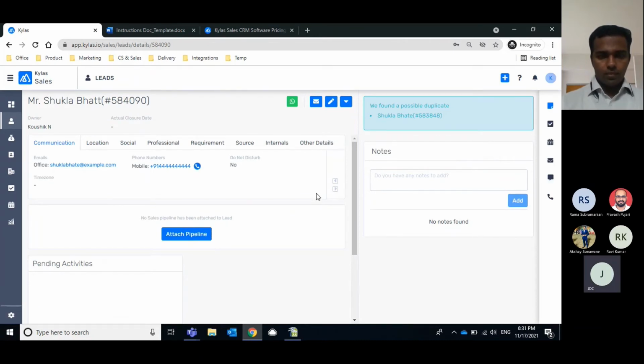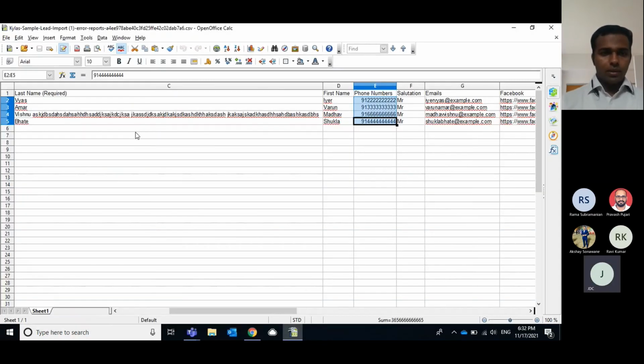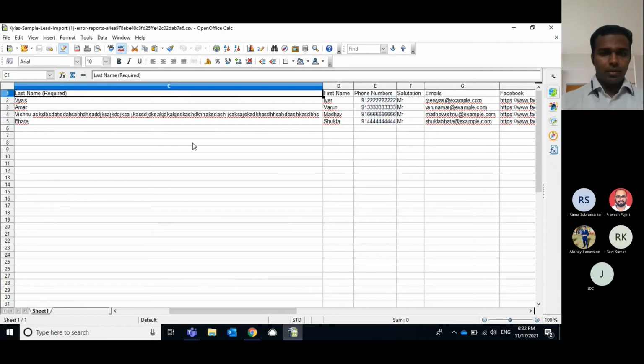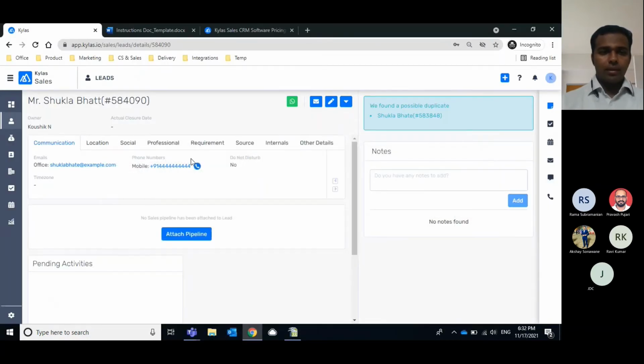And my third question is, what happens to the blank cells in case I don't have an email ID with me? I have all other information, but I don't have an email ID. It is blank. So if there are blank cells in your Excel file and that field is not marked as required, for example, last name is a required field for my account right now, then if there are blank cells in the last name, the system will throw an error and generate an error file for that record.